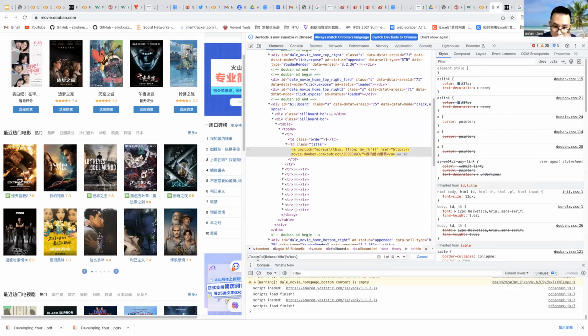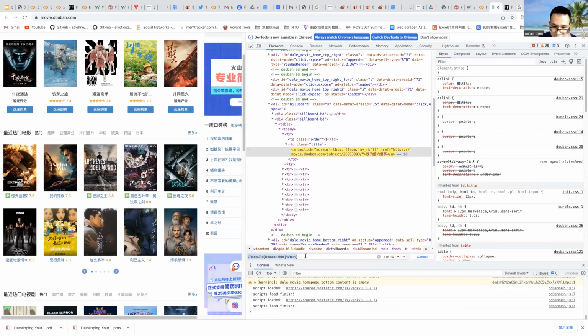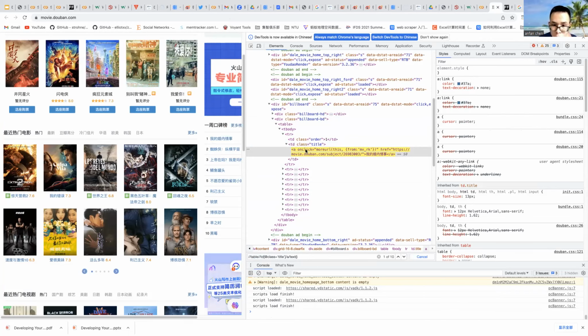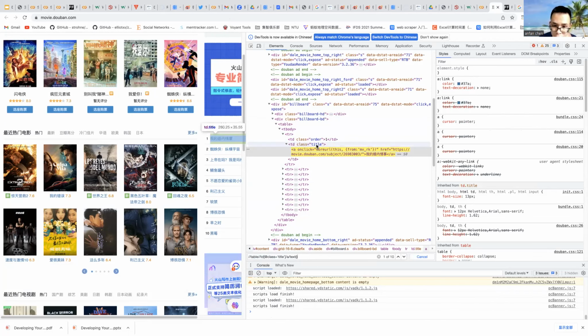So why should we write the expression like this? You can see the text, and before that it's the td, and in the td you should define that class equals title, and the upper level is td, right?